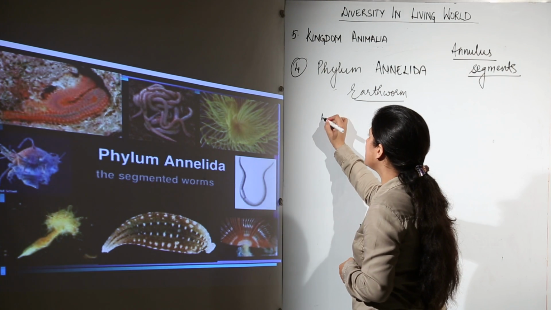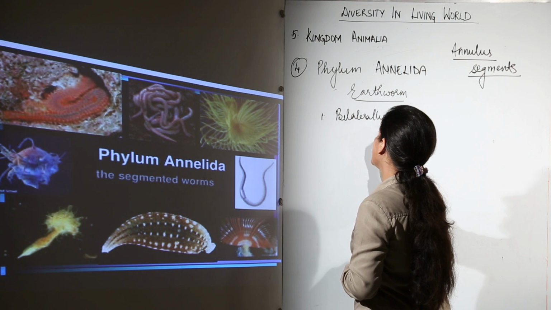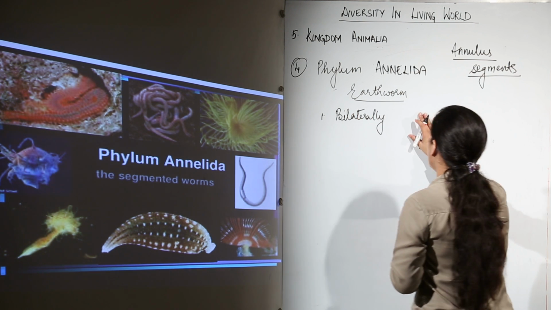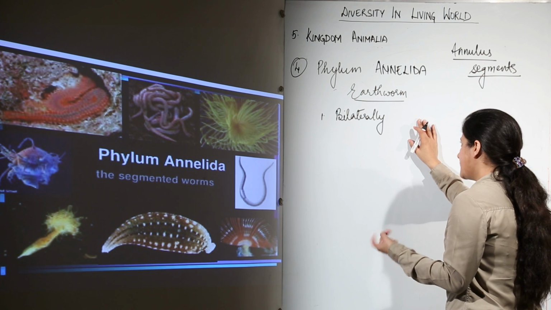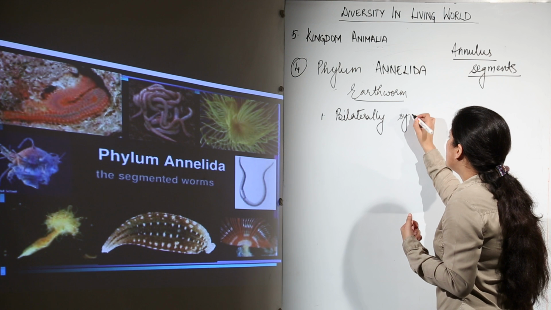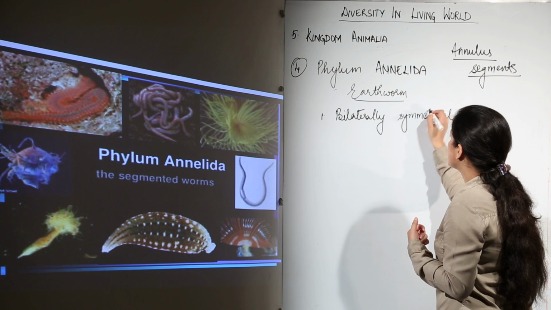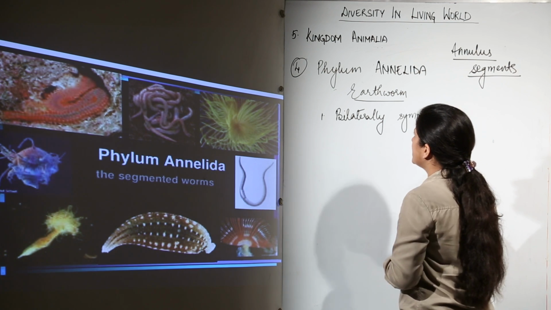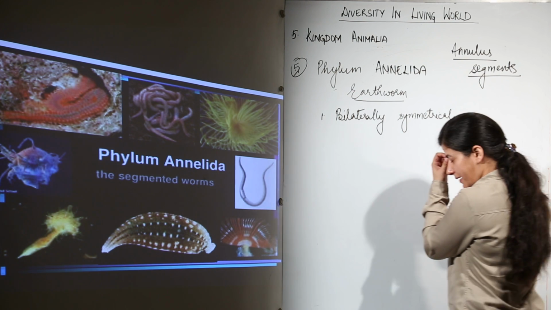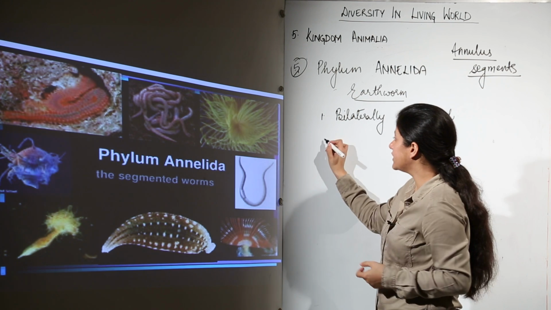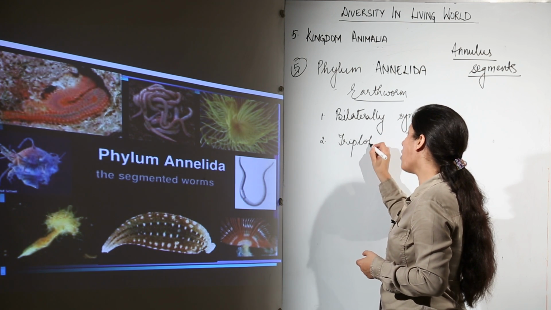First thing is that it would be bilaterally symmetrical, because we have left behind radial symmetry and asymmetrical phyla. Asymmetrical was those of sponges, I am repeating it again. Radially symmetrical were the cnidarians. Then whatever phyla we have studied, they are having the bilateral symmetry. Now moving further, they would be triploblastic because we have to reach till the organ system